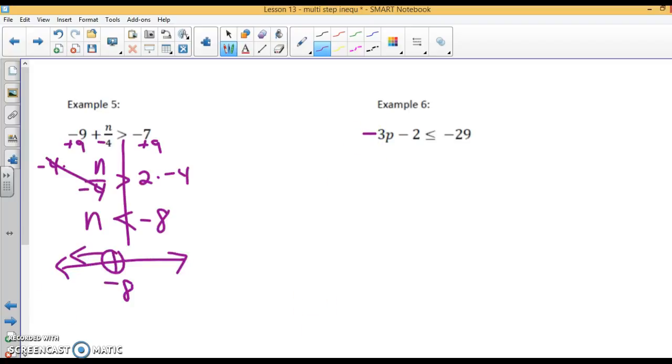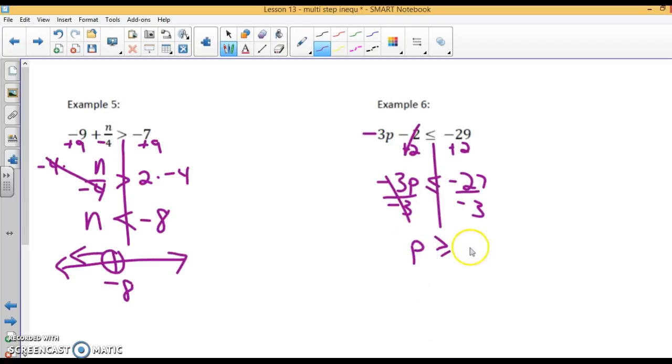Change this to a negative 3. All right, add 2 to both sides. Negative 3p is less than or equal to negative 27. Divide both sides by negative 3, and you need to switch your inequality because you're dividing by a negative. So p is greater than or equal to 9. So solid circle,